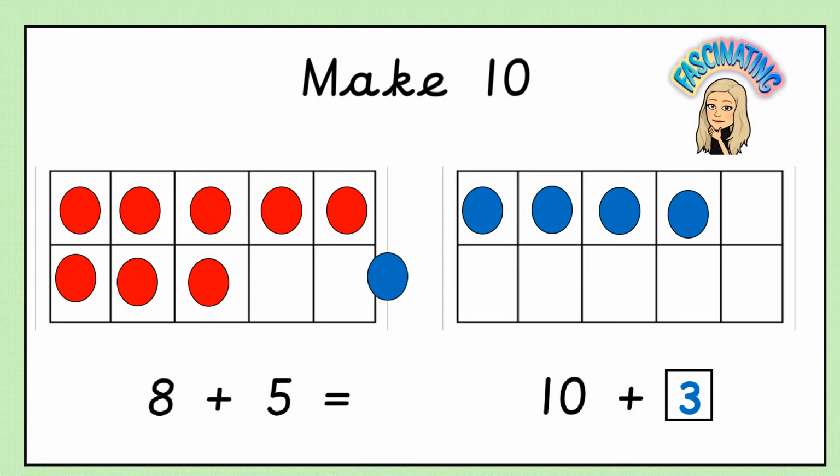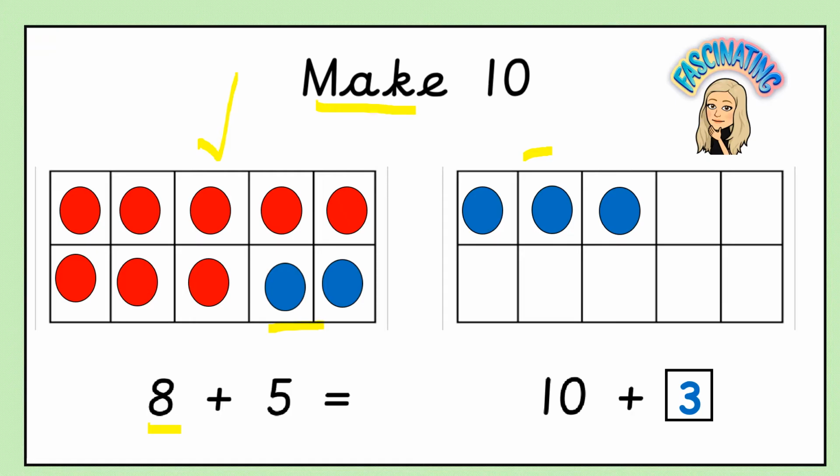To fill my red 10 frame, I've moved 1, 2 across. Is this 10 frame full now? Yes, that's right. I have got 10 on this 10 frame. Do I still have 8 red counters? Yeah, that's right, I still have 8. Do I still have 5 blue counters? Yes, I do. I've got 3 in this part, and I moved 2 more over here because I am making 10. So now, instead of my number sentence saying 8 plus 5, I've made 10, and my number sentence is